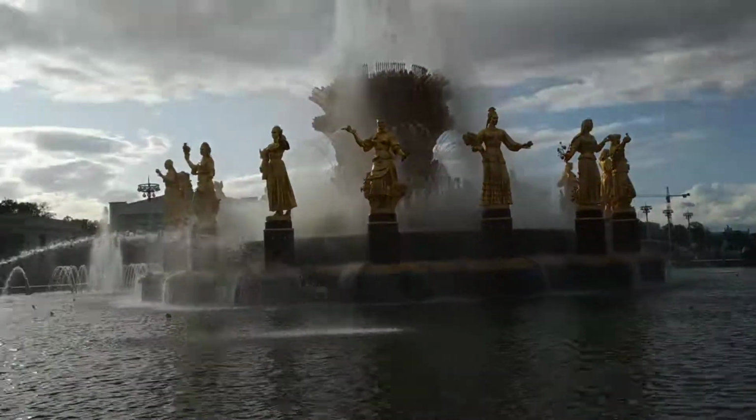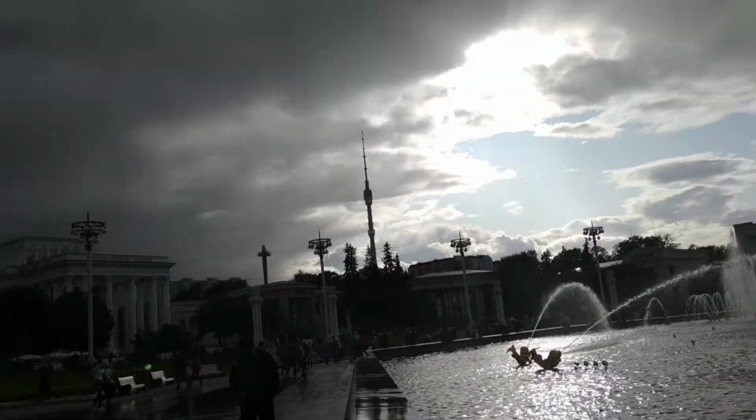Yeah, the weather is not as sunny, and it's pretty